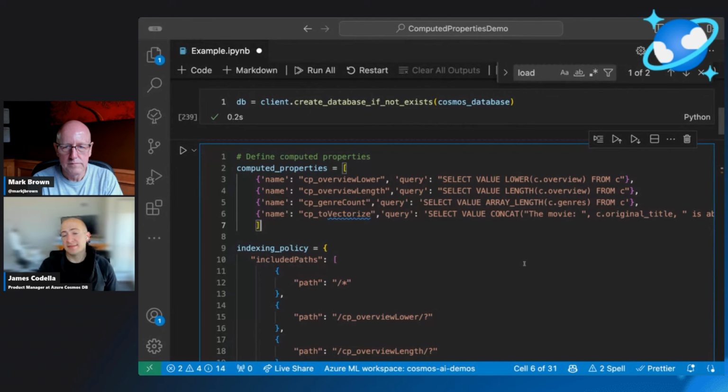And as Mark's saying, there's lots of ways of vectorizing your data, and you usually want to pick the most relevant properties that you want to search over, maybe to power a chatbot or any other sort of application. So computed properties is a really great way to say ahead of time, here are the properties that I think are going to be most influential in my AI application. I'm going to vectorize these properties, and you'll define it as a computed property, so you can just reference it anytime you want to vectorize it or do any sort of search operation on